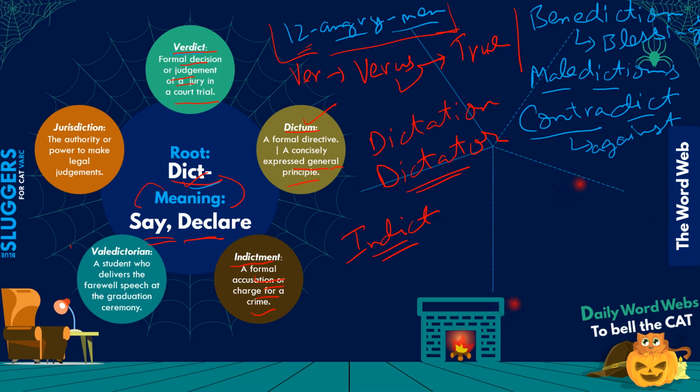So yeah, valedictorian. Valedictory speech, right? A valedictorian is basically a student who delivers the farewell speech at the graduation ceremony. Whether it's a school graduation or a college graduation, generally the student who has gotten the best grades, quite often grades are taken as the parameter, or quite often their all-around performance, gets to be the valedictorian, right? They give their farewell speech at the graduation ceremony. So that's valedictorian. However, it is not always necessary that the term valedictory is used in that same sense.